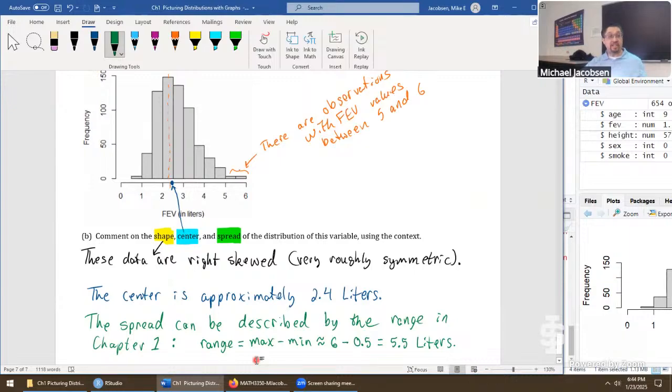So that's not where the data lives, but that's roughly the width of the interval that contains the data going this way. So from here to here, we can say range approximately equals 5.5 liters. And that's how we're describing the spread in these data.